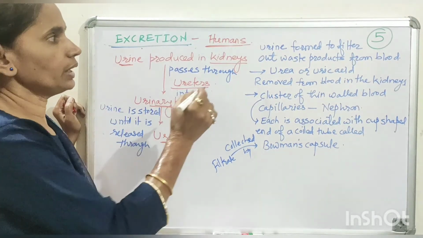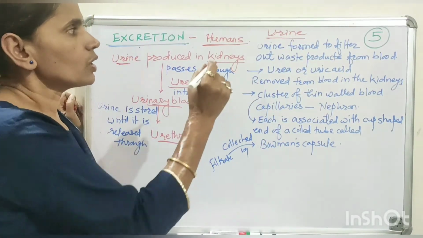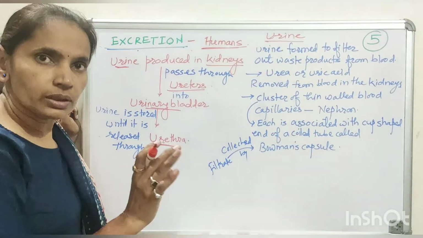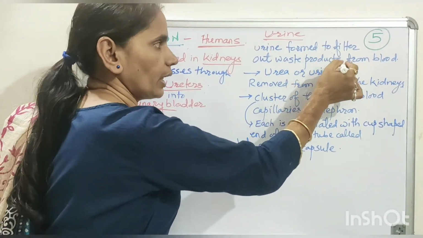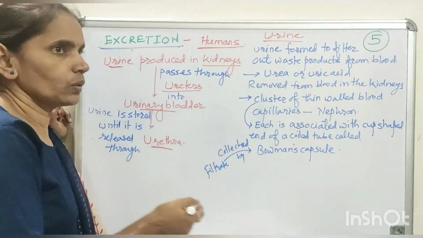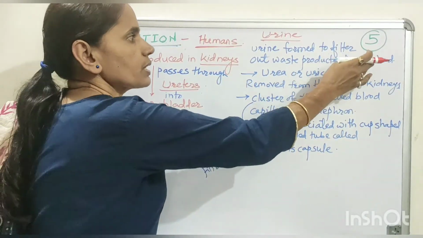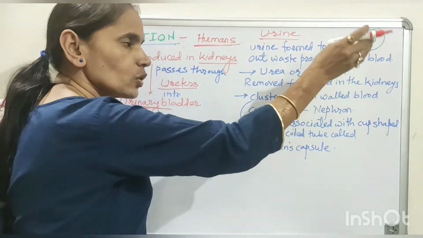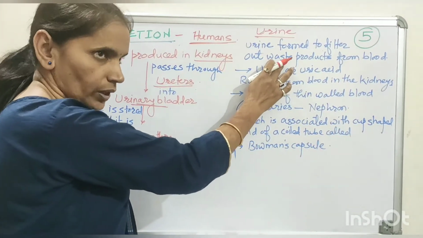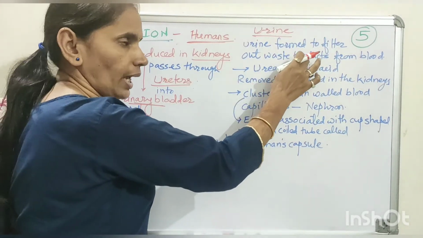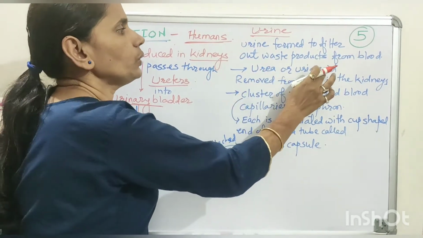Now, why is urine formed? As we say that the urine is initially the nitrogenous waste material. So how or why is this urine formed? Now, this urine is formed to filter out the nitrogenous waste material from the blood. While circulating, the different food products or the energy is circulated through the circulatory system via blood. So obviously the blood also consists of the nitrogenous waste products that are the result of metabolic activity and that are to be removed. Now this consists of urea or uric acid.